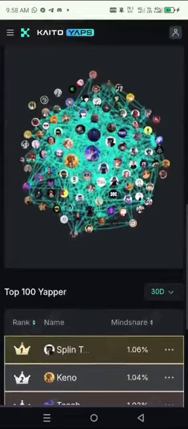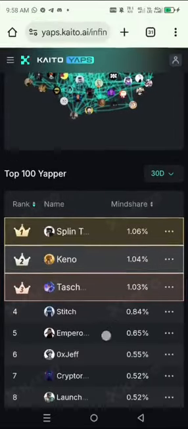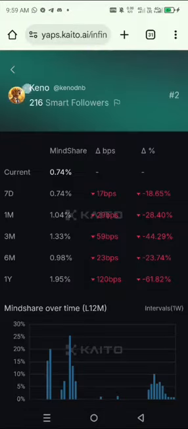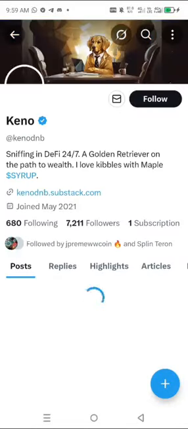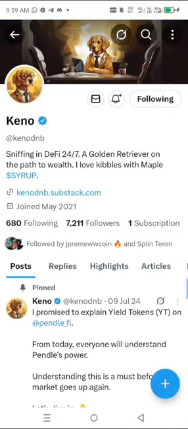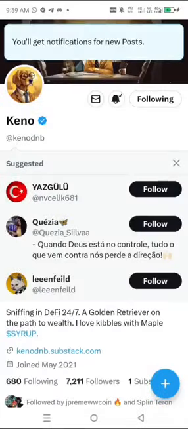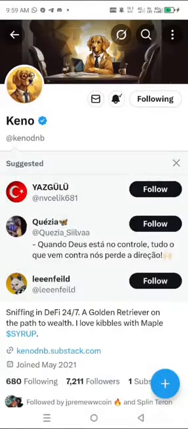Just go down, you will see the top 100 people. So all you just have to do is just go ahead and follow them, and this is how you follow. You click on follow number one, click on number two, then you click on their profile picture here, so you click on it, then you see the account, you just go ahead and follow, and also turn on the notification bell. Just click all, so that whenever they post, you'll be able to see their post as well.